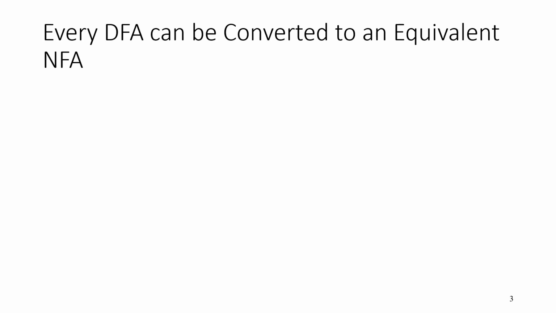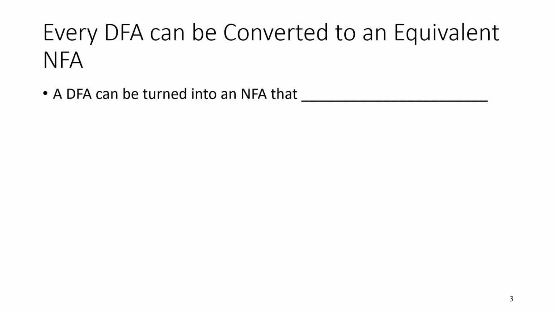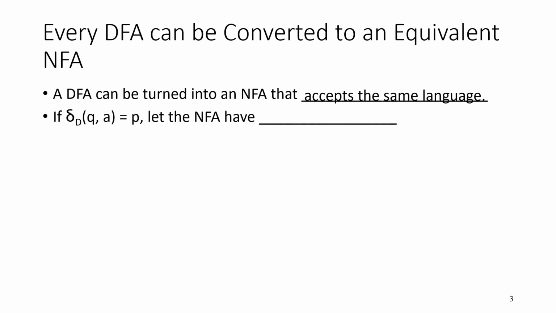So it turns out that every DFA can be converted to an equivalent NFA. And this kind of makes sense because every DFA can be turned into an NFA that just accepts the same language. And the way that this would work is if you had the transition function delta, which is associated to the DFA, on a state Q and A goes to another state P, then the NFA is just going to be